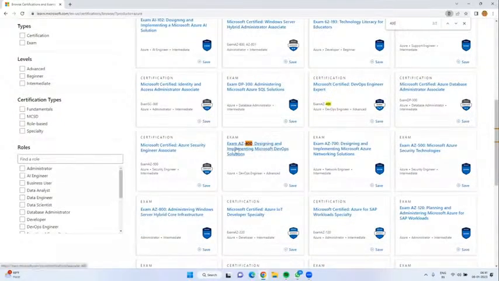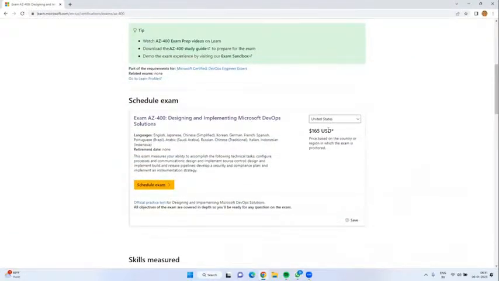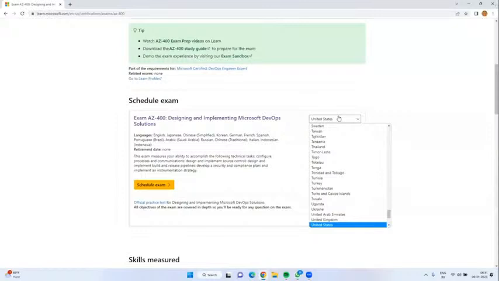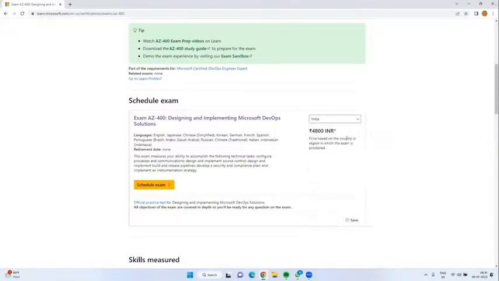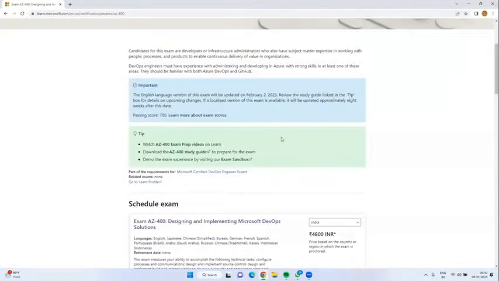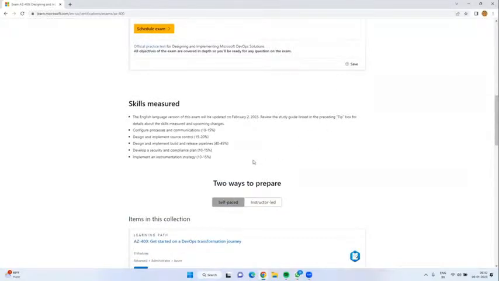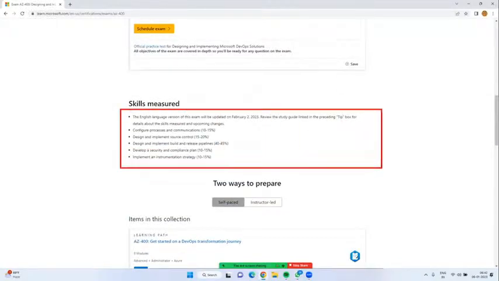Yes, this is AZ-400, designing and implementing Microsoft DevOps solutions. This also has the same cost, $165, which in Indian currency is 4,800 rupees. Including GST and all, it will go to 6,000. This is the certification paper, and this is the syllabus.